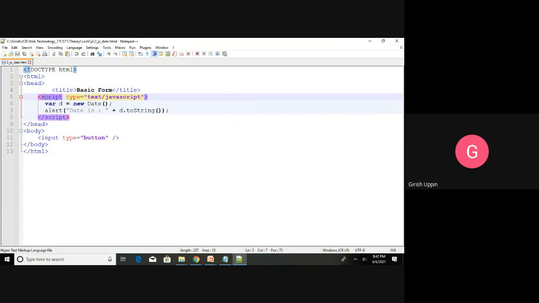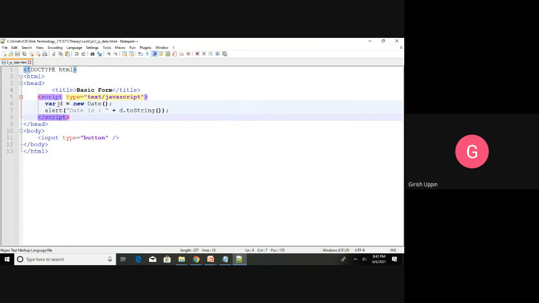This is the beginning of the script, and inside the angle brackets I have specified the type. Type is equal to text/javascript, and this is the closing script, inside the angle brackets, forward slash script. And I have just two lines of code.